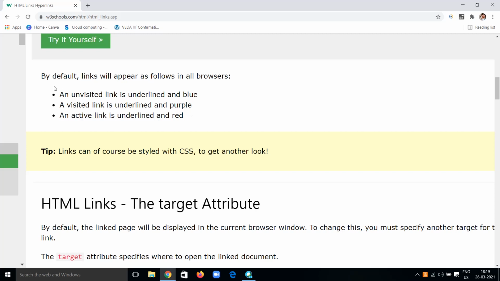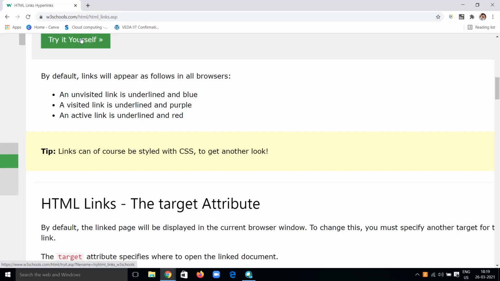You can observe that sometimes a link will be red, but you will never notice when the link turns that color. The main idea is that for an unvisited, visited or active link, if you are still using that link or the browser is still open, then that is known as an active link.